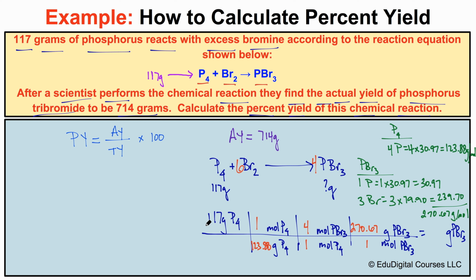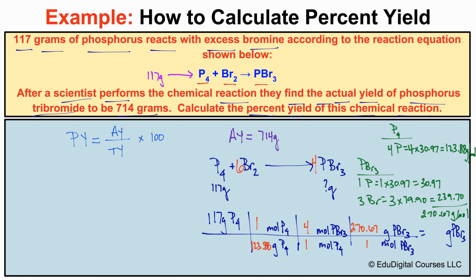So we start from the left here with 117, the starting quantity. We'll divide by 123.88. We'll multiply by 4. We'll multiply by 270.67. And we're going to end up with a theoretical yield of, let's do this one more time, 117 divided by 123.88 times 4 times 270.67, 1022.6 approximately. If we use the correct number of sig figs here, it looks like this is going to end up being,